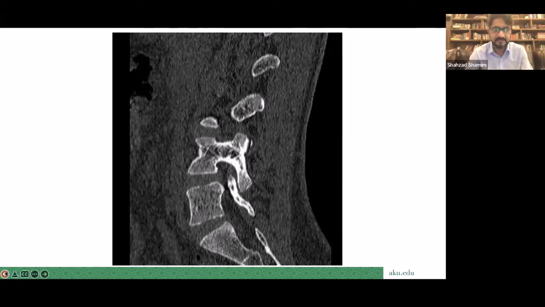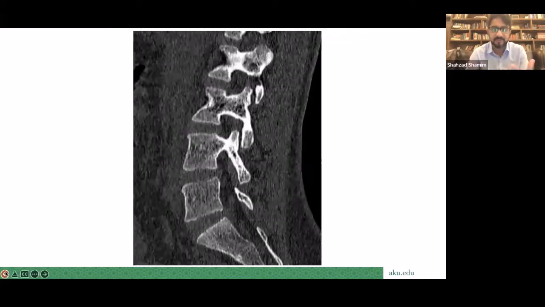In fact, जब पहले spine को हम लोग divide करते थे trauma में, तो इसमें 3 columns में divide करते थे, जो अभी भी लोग बात करते हैं, but it's less mechanically valid now. तो उसमें ये होता था कि anterior spinal ligaments, anterior half of the vertebral body, the anterior half of the discs, including annulus fibrosus, would be included in the anterior column. Middle column would be the posterior half of the vertebral bodies. Posterior spinal ligaments would be the middle column, and the posterior column would be the pedicles, the facet joints, the